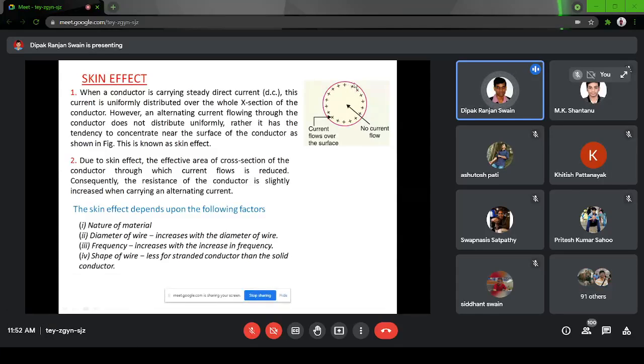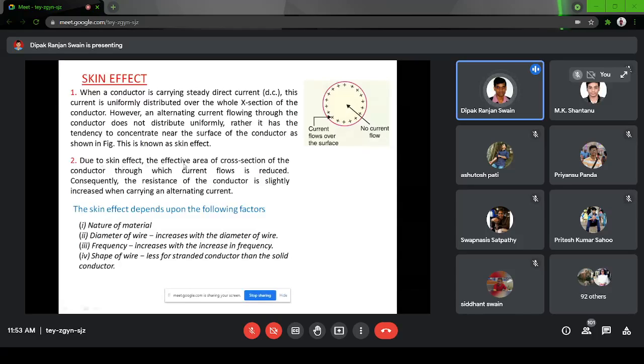So it will heat up the conductor, whereas this part will be having lesser current, but still due to the over concentration of current or higher current density in the surface, this will be going for higher rating. So you have to limit the current below its actual value. So you will not be able to use the current rating of the conductor. So I can say skin effect increases the resistance or the impedance of the conductor.